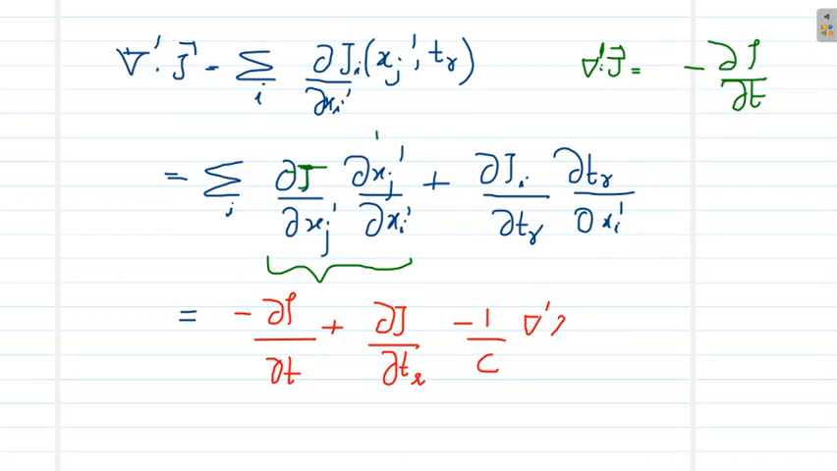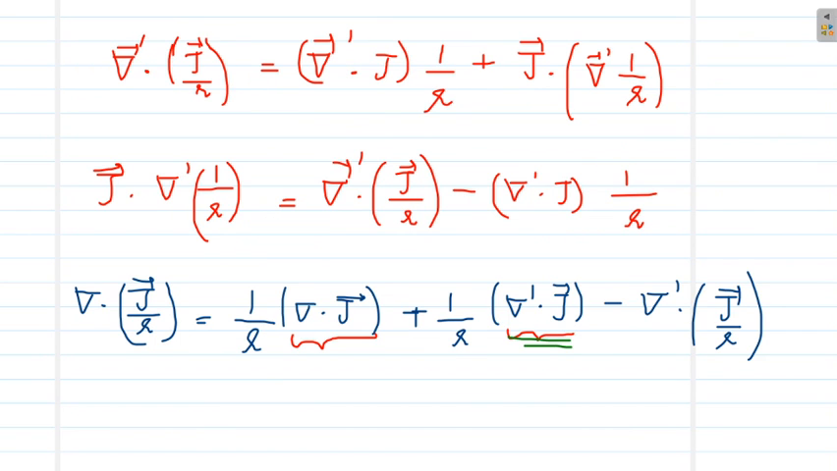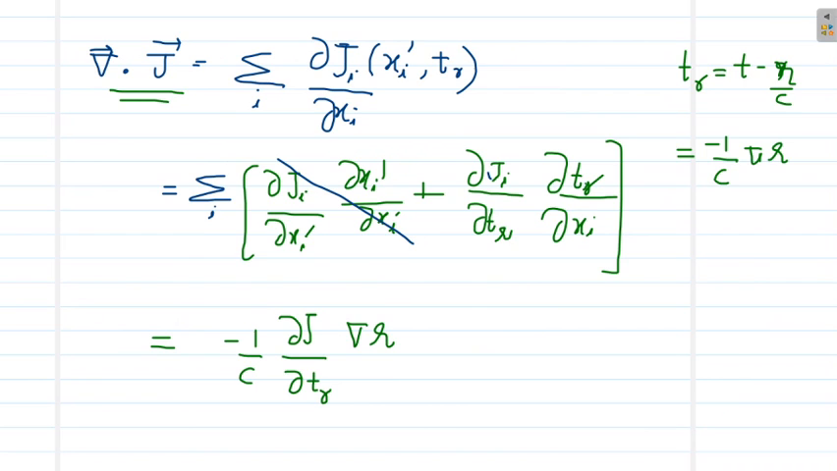Del dash of curly r. Now substituting for del dot j and del dash dot j in the previous equation, let us call this equation number 1. Equation 1 will be modified like: del dot of j by r is equal to